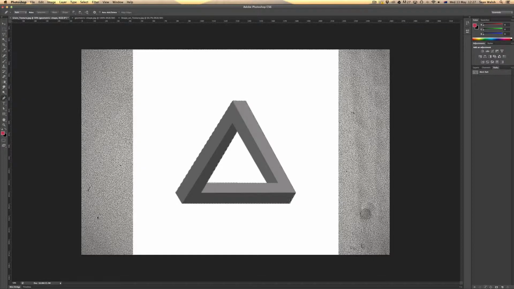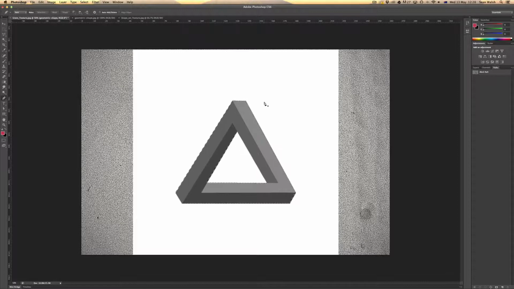So if I click and release on that, you can see I've now got my marching ants to denote that this path is now a selection. It's a little bit out. I probably should have gone in and tidied the path up a little bit before I made that selection, but you get the point. Alright, so the next step, now that I've created that selection, is to create a mask